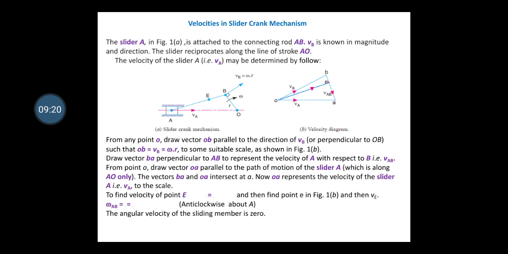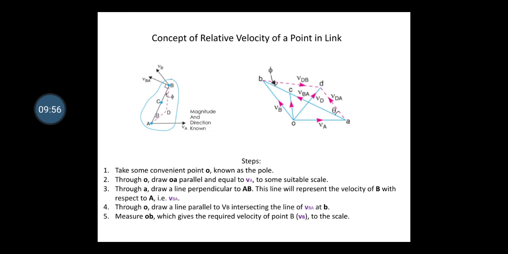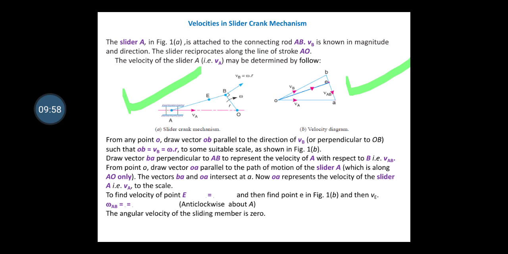So let's see the velocity in a slider crank mechanism. Before we proceed to the velocity of the slider crank mechanism, we have to draw two diagrams for understanding this velocity diagram. This is the original diagram, which we can also call a space diagram, and by using this we will be drawing the second diagram, which we call the velocity diagram. Here we have to follow the steps which we followed in the previous slide. We will see it in detail in the next part of the video.